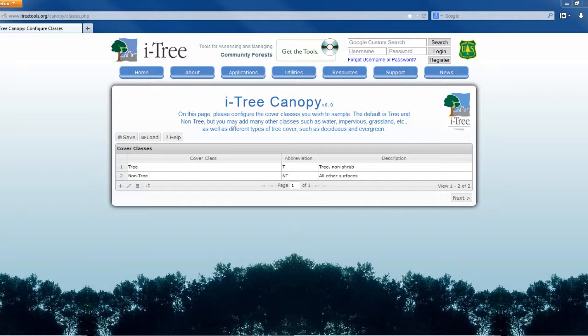once you start your survey, you can't really go back and change these and add in a new cover class if you forget one or if you want to change things in the future, because you're going to be generating random points in that area of interest. So adding in something new midstream isn't an option. So you want to put a little bit of thought into how you're going to define these moving into the